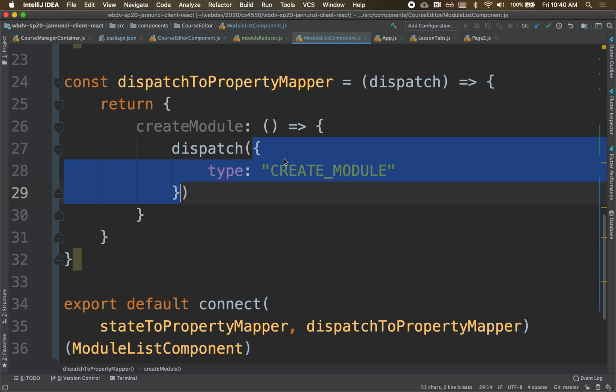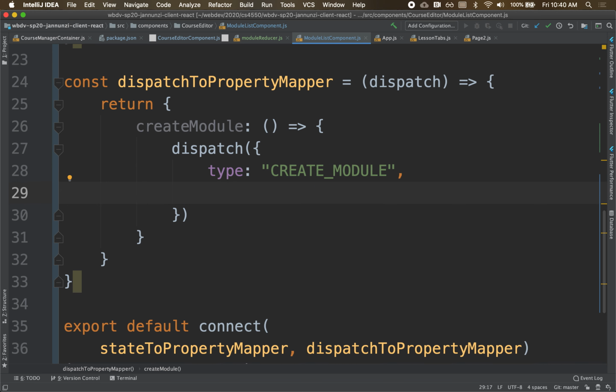So oftentimes we call this object the action object, which the type is the only required attribute of the action object. So it is required. You'll get an exception like I did if you don't have that type. But you can add any other attributes which are optional and mean something to you. For instance, what we could add here is the new module, new module,